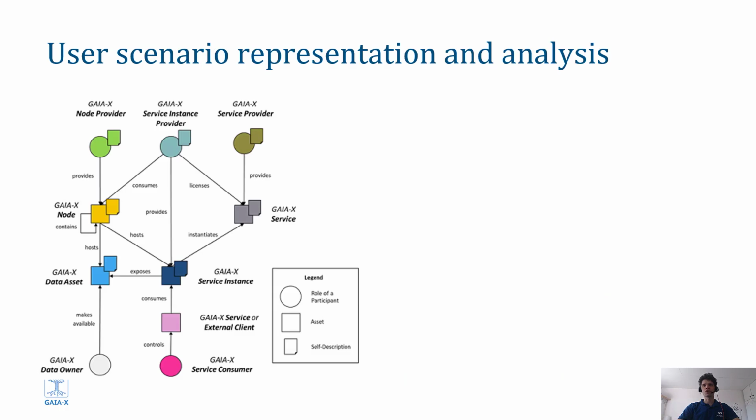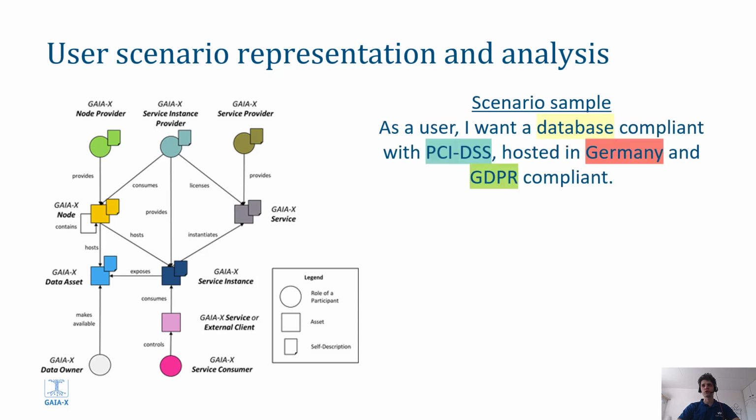Before starting the demonstrator implementation, we looked at the early node and service definition from the GaiaX technical architecture paper. From that, we compiled a list of most common scenarios that we, as cloud service providers, are facing every day with our customers, such as a user who would like to have a database to store banking information in Germany for European customers. We did a semantic analysis of those scenarios, extracted the keywords, here the words highlighted,